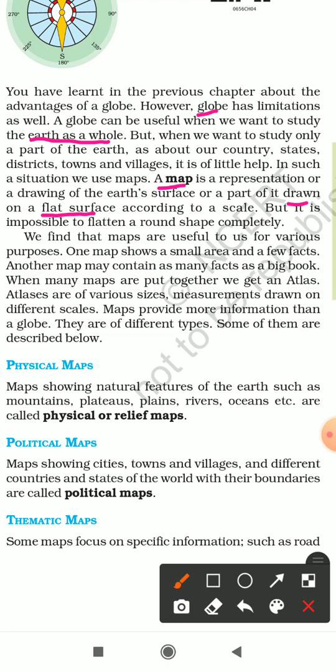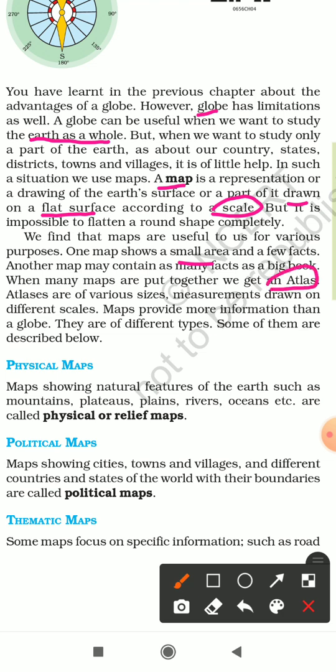Now, in a map, scale is very important, which we will read later. We find that maps are useful to us for various purposes. One map shows a small area and few facts. Another map contains many facts and is in the form of a big book. When many maps are put together in the form of a book, we get an atlas.